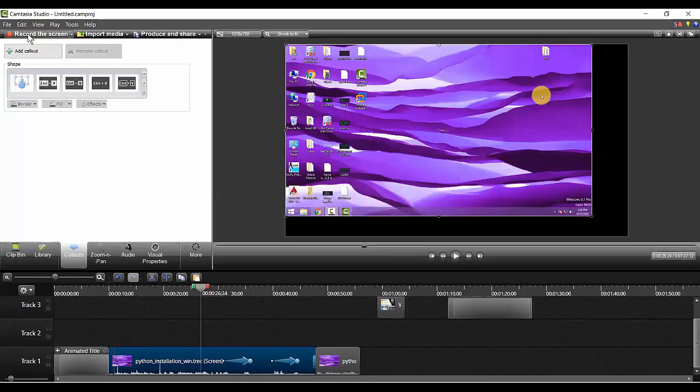You are not able to see my screen at all. Your screen is visible, but we are not able to see the cursor movement, sir. Earlier it was visible. Maybe because this particular thing is active. Now is it visible, my cursor?